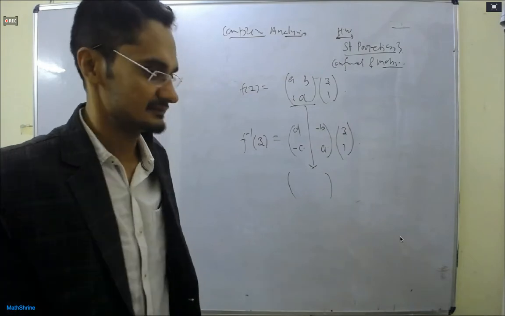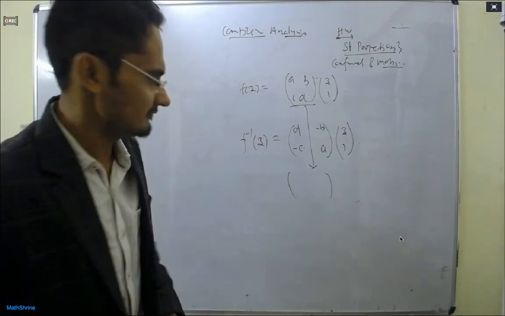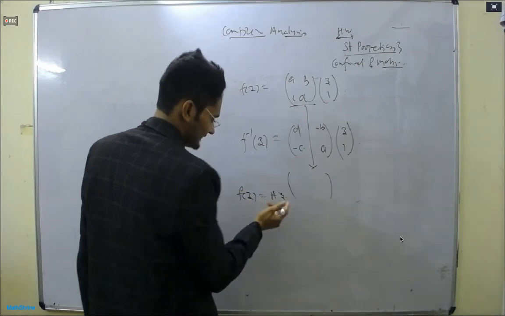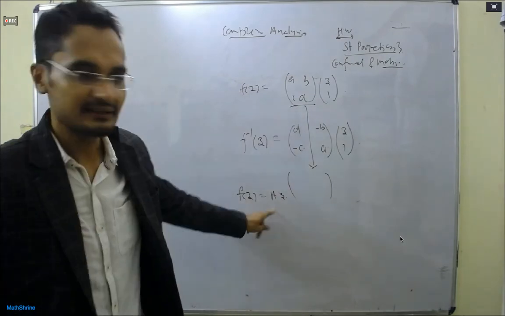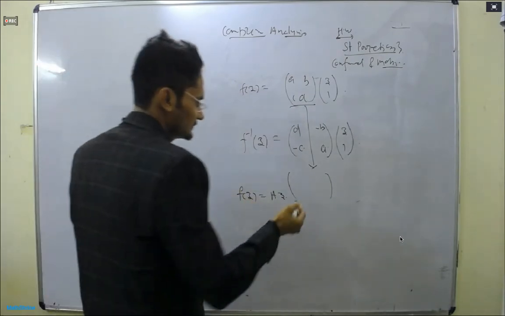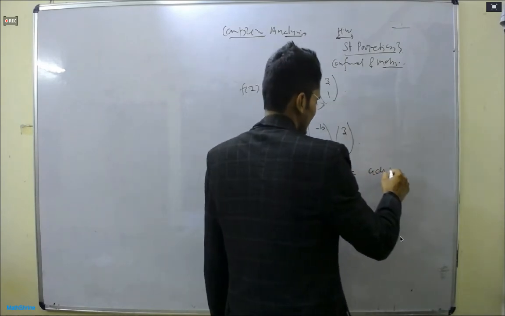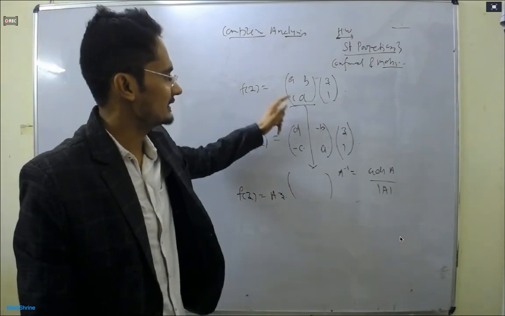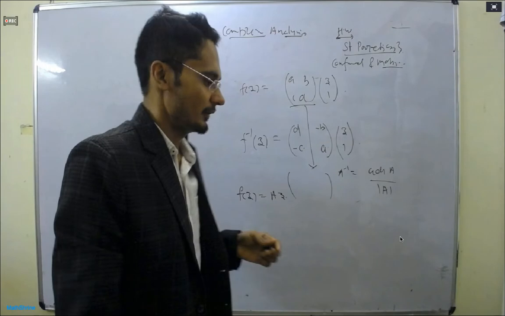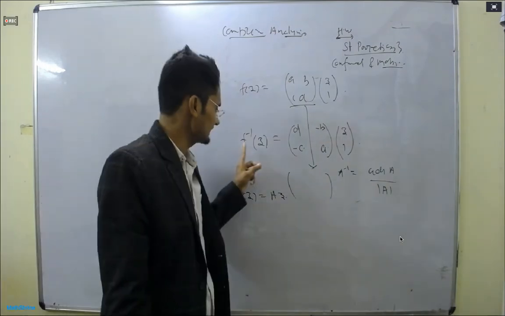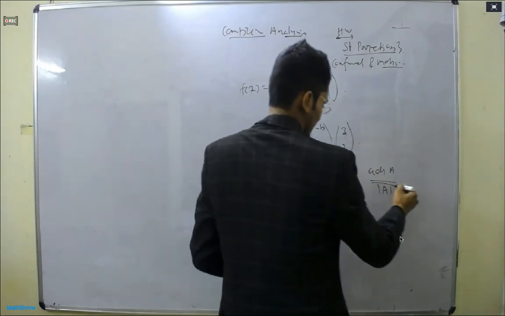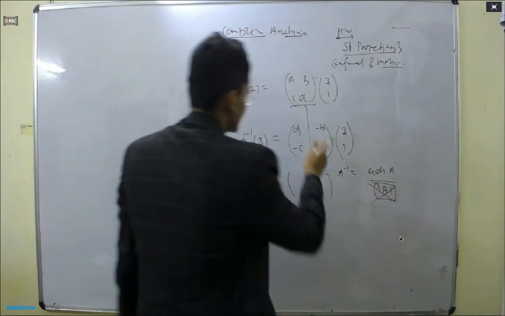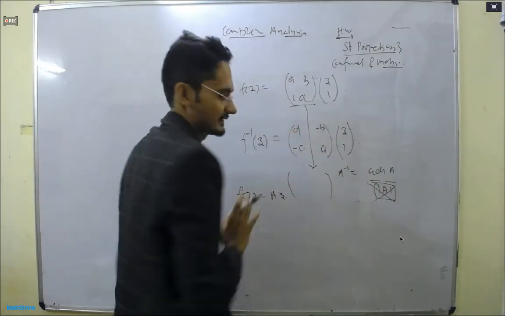Anybody? Anyway, what I want to tell you is that usually, suppose this is a matrix. So if I have a map F(z) equal to A z, suppose A is a matrix. Usually what we used to do is that A inverse is equal to adjoint A upon mod A, right? This is what we used to calculate. When we are working with the Mobius transformation, whenever one map is given and we are writing the F inverse Z, you don't write this. We don't need it. It will not play any role here. So remove this. Just simply write adjoint A. Take the adjoint of this and keep it here. That will be our inverse.